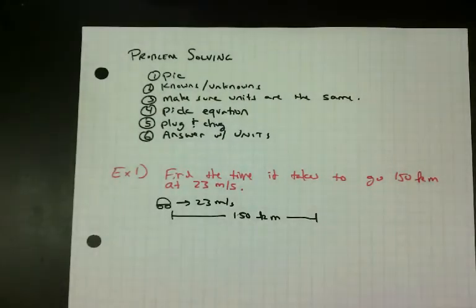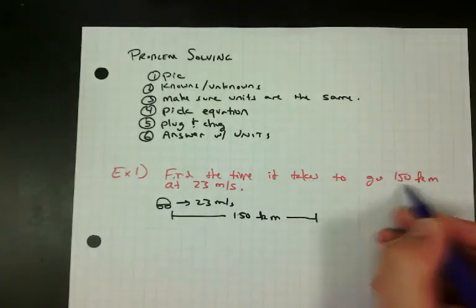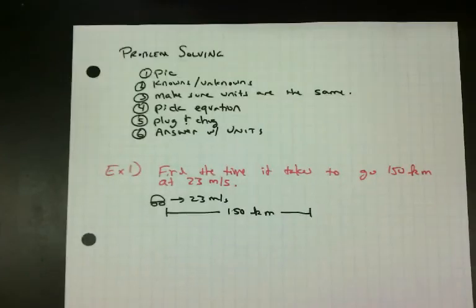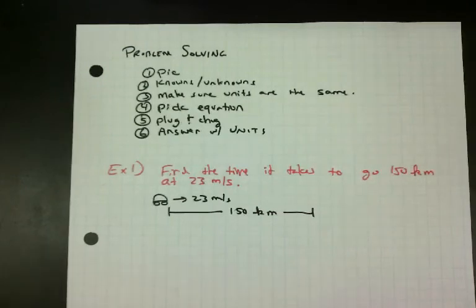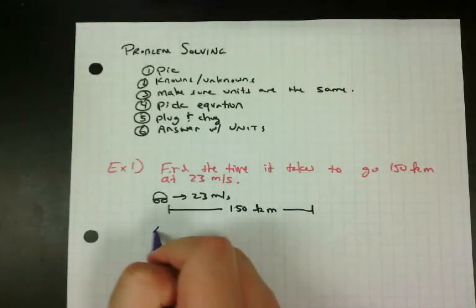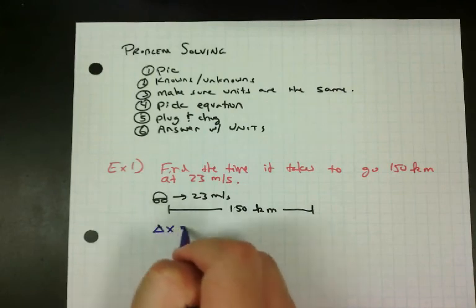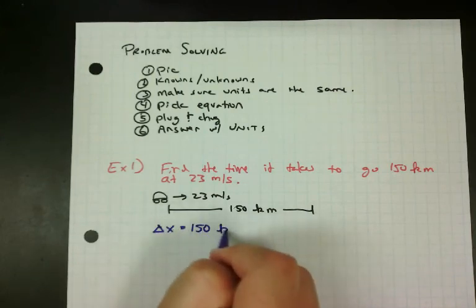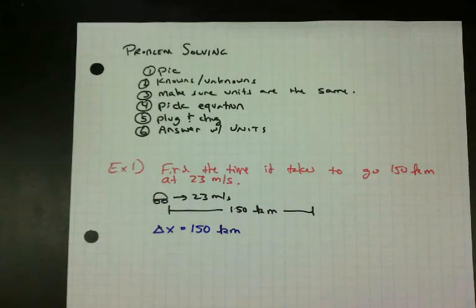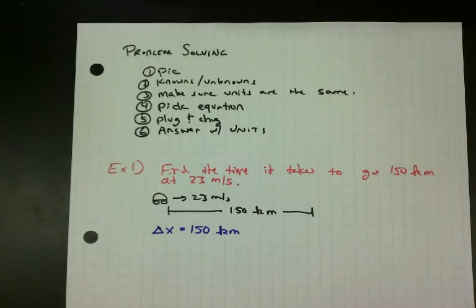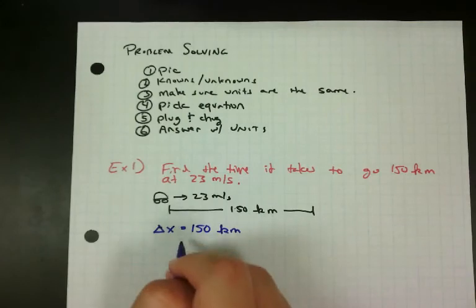Step two is knowns and unknowns. What I mean is we want to translate the problem into math. I've got a problem in English, I want to translate it into math. So what is 150 kilometers in this case? It's the distance, and you could solve it using distance. I'm going to solve it like it's a displacement, but you could also say distance. I'm going to say delta x is 150. In that case, 23 is